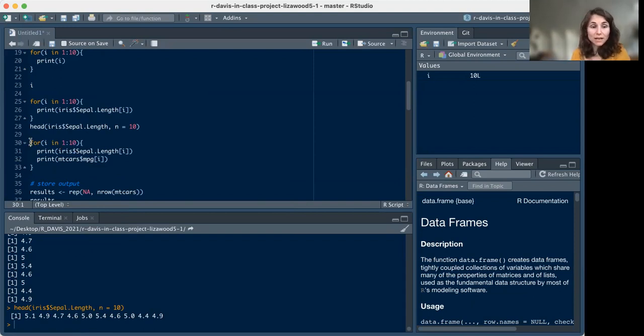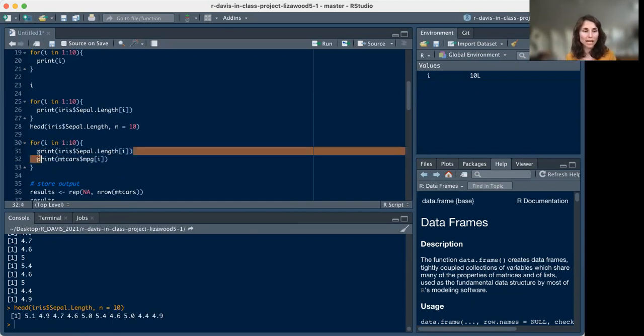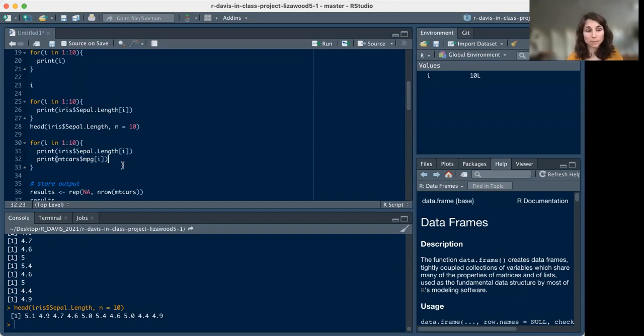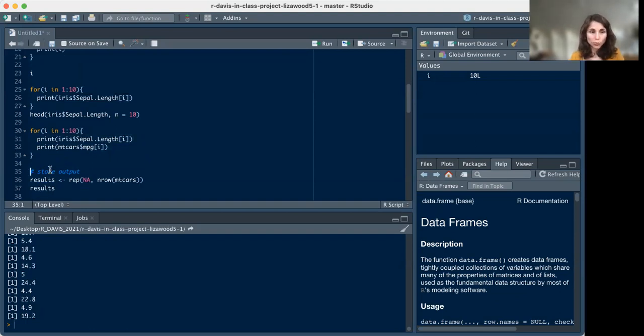Just to demonstrate that, it doesn't have to be just one line of code, and it can be many. So you can say for i in 1 through 10, and then inside your curly brackets, create an entire new sequence of code where you don't need commas. All you do is, if you close out a line of code like we have, print iris$Sepal.Length with an i index, that will do what we had just done, but you can space down. And then let's say we want to print the value of cars$mpg in every row, we can put that on the space below. And when we run this for loop,